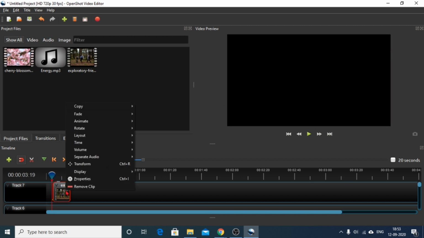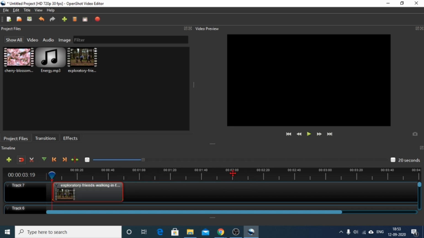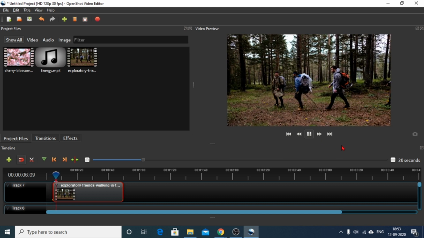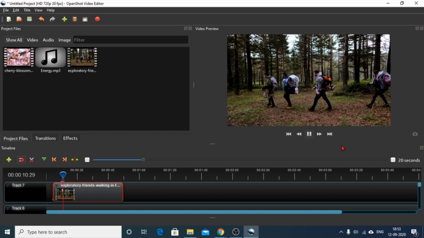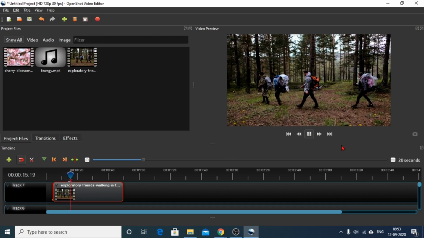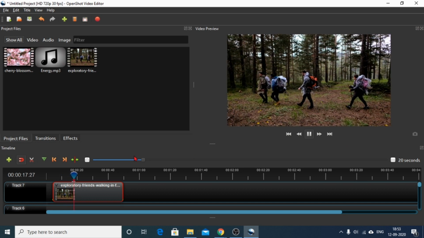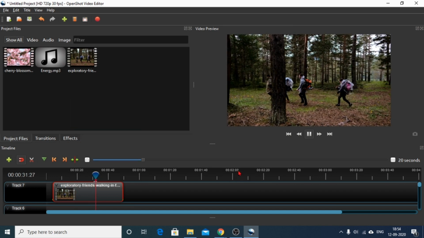now I right click on this, go to time, slow, forward, say I choose 1/4x, and now if I play, let's see the effect. Now you can see that the entire video has been converted to a slow motion effect. I can also adjust the movement by selecting the speed. For example, if I select this 1/8x,